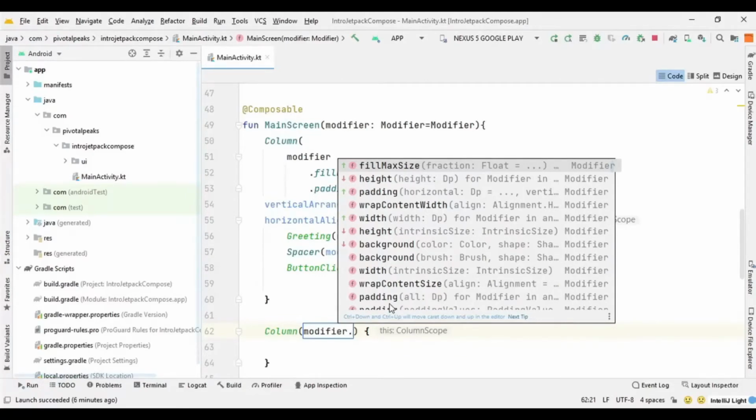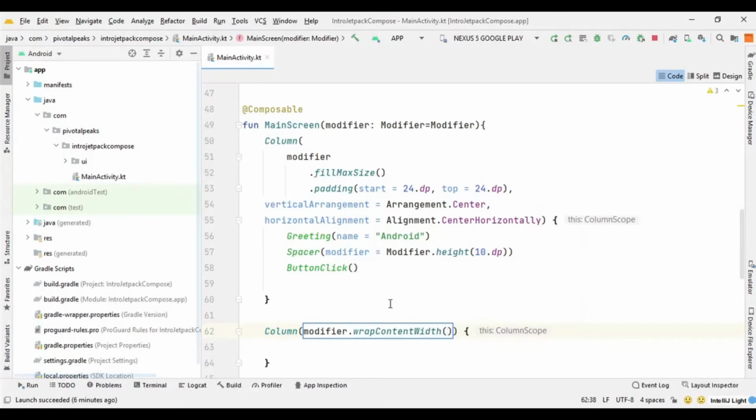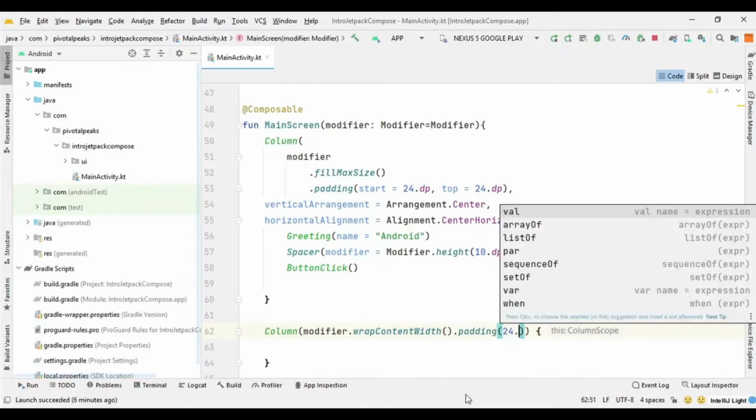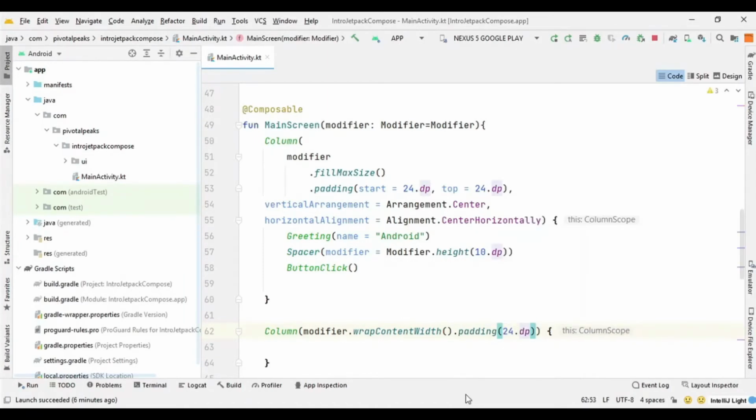So what I'm going to do is I'm going to use the wrap content width, and then I can apply the paddings. So I will say dot padding 24 dp for start. Actually let's make it 48 dp, so it will be better, and then you will understand it better.